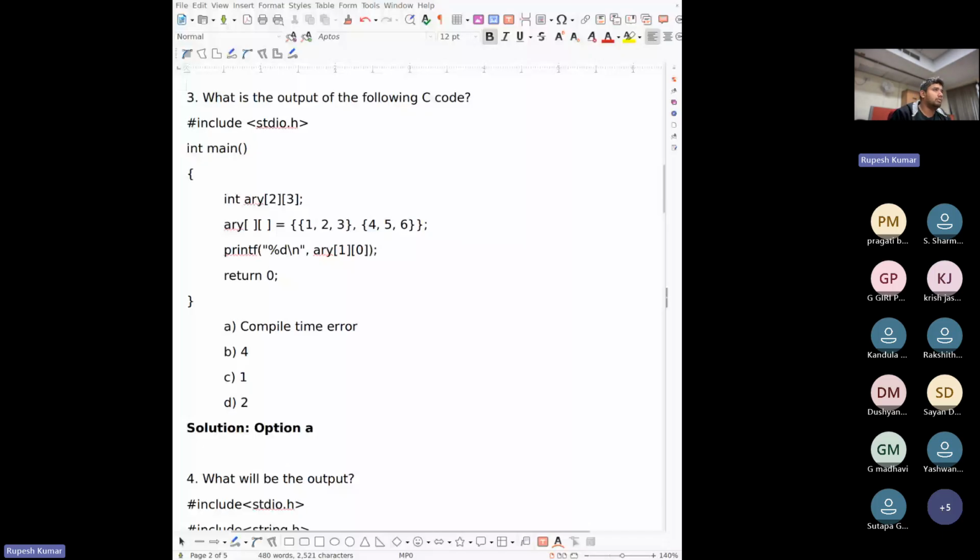Basically, you have to put in the value here. Otherwise, there will be an issue. So this is basically what the syntax of a 2D array looks like in C.